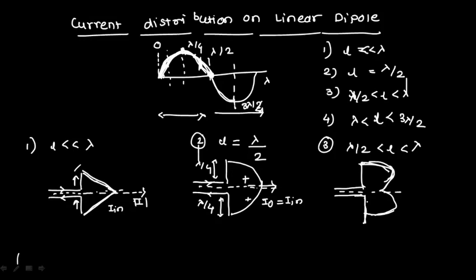So here also, whatever output you get will not be the same as the input which you have given. ठीक है, so I can say this is plus and this is plus. Again these are the current directions. So this is the effect when your length is greater than lambda by 2 but less than lambda. What about the fourth case, where we assume that our length is greater than lambda, ठीक है, लेकिन this is less than 3 lambda by 2.